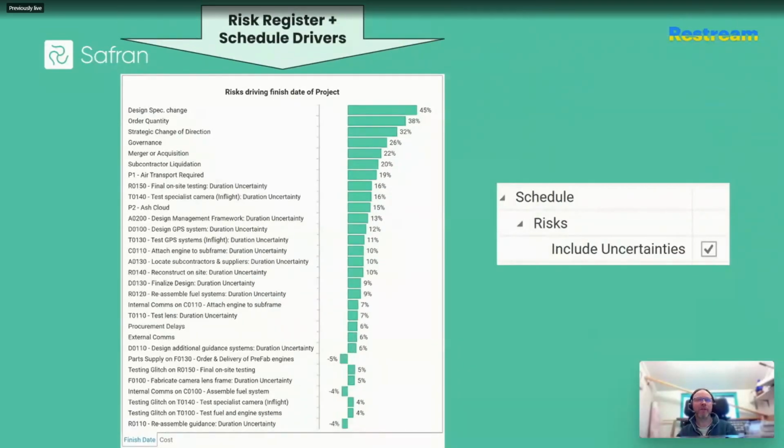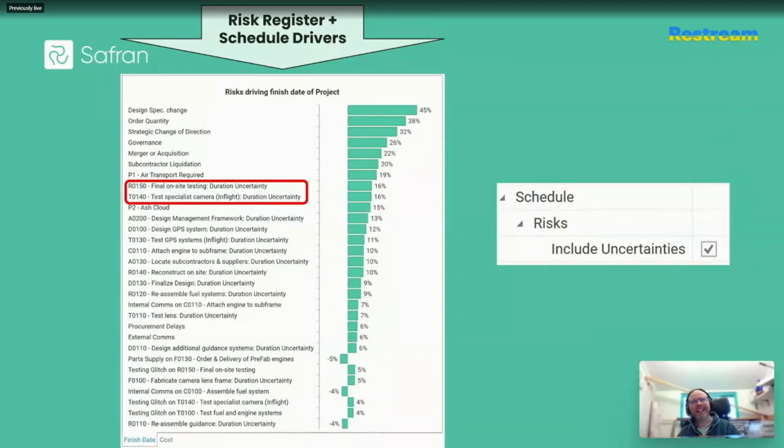So that can be useful. Or if you prefer, you could even change the left-hand tornado to actually show both your estimating uncertainties as if they were discrete risks and consider them side by side with the other risks on the risk register. And this can be incredibly useful for discovering areas of the project that haven't been investigated for potential mitigation yet, such as these two activities highlighted in red that have been displacing two other discrete risks out of that top 10 with respect to completion of the overall finish date.